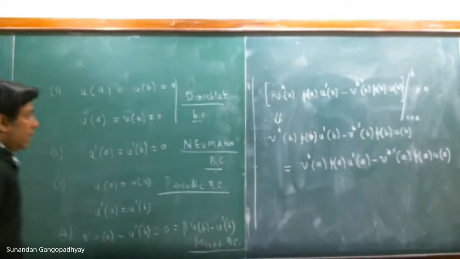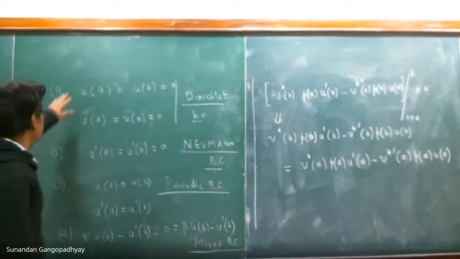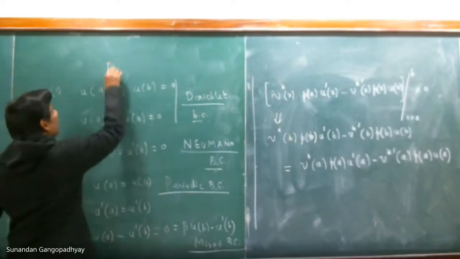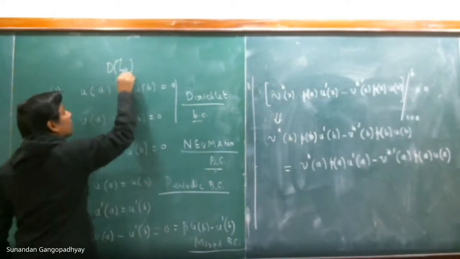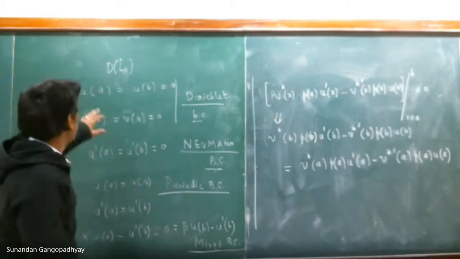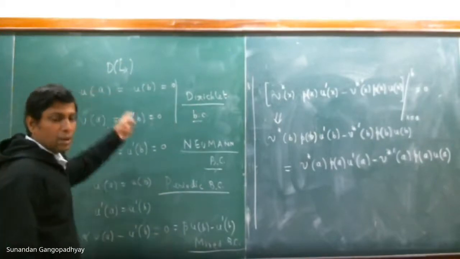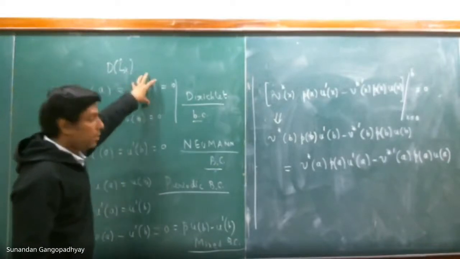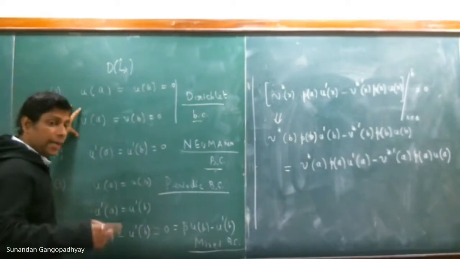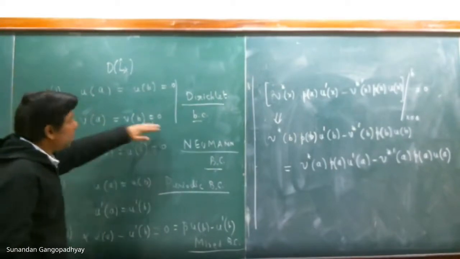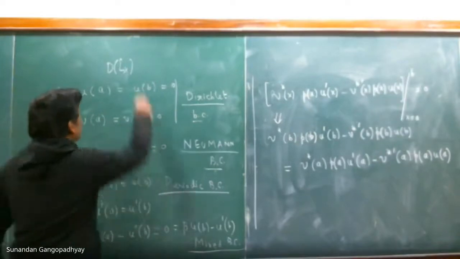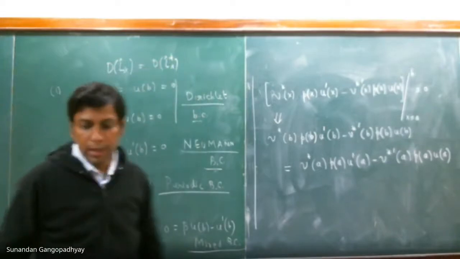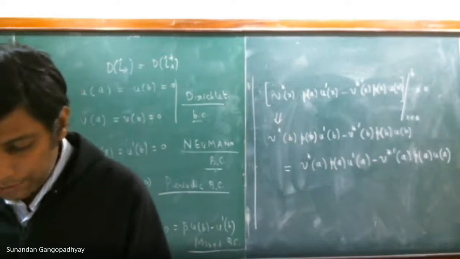Now, what is the domain of the operator L hat x? The domain of the operator L hat x is the set of functions u on which the operator L hat x acts, which satisfy this boundary condition. If this is the domain, then the set of functions on which L hat dagger x acts, which are the v's, also have the same form of boundary condition, and therefore the domains of L hat x and L hat dagger x are equal. They are equal, and therefore this gives you a self-adjoint operator.